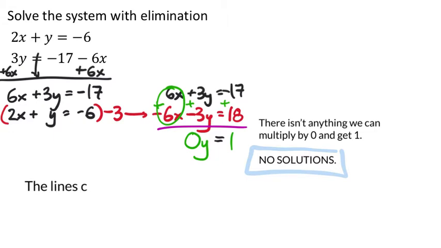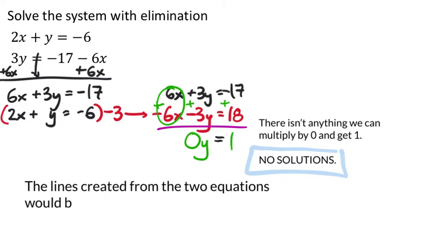The lines, if we were to graph these, the lines created from the two equations would be parallel and never, I'll emphasize that, never intersect. So in other words, these two lines have a lot in common, the slopes, but they never meet, which